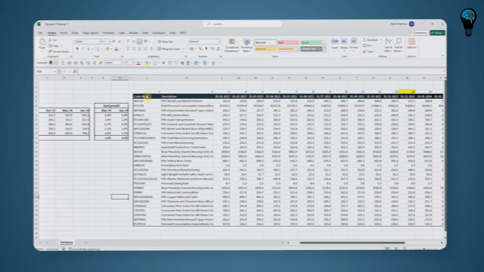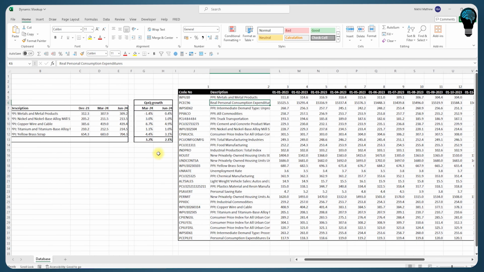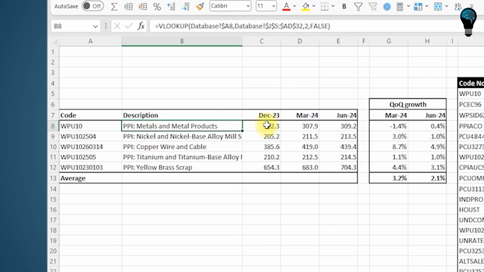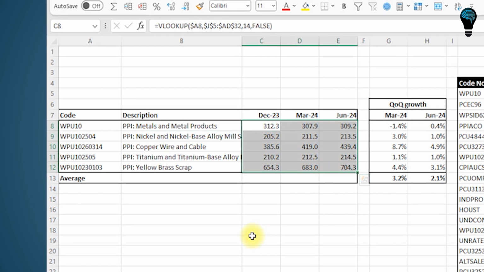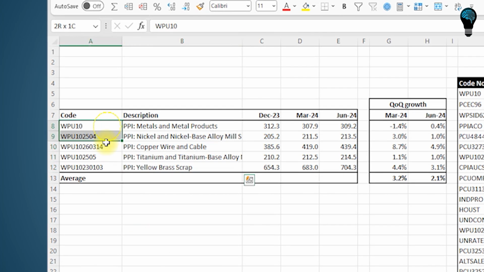I have a database here consisting of US index data. This has some inflation based index numbers and some other economic indicators. And in this table, I have used the Vlookup function to extract some specific data that I need. I was interested in the PPI data for metal related commodities and I'm picking them up based on these codes